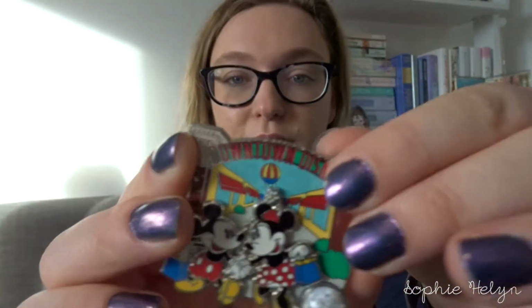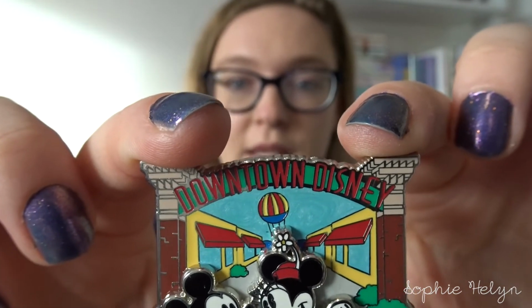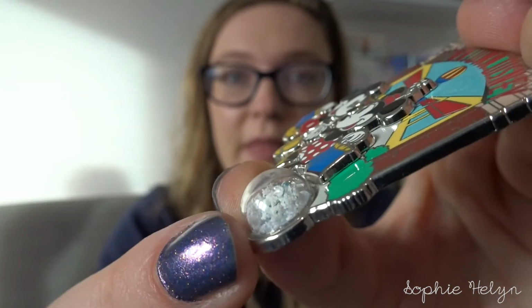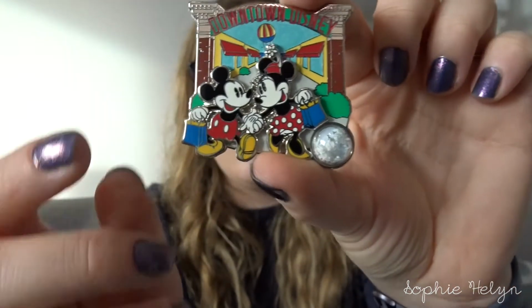This one is of Downtown Disney. This says it contains a piece of the Downtown Disney design. Oh, I'm not even showing you, apologies. So that's what it looks like, and as you can see, it's got the bubble, and that has some of the sign in it. So yes, if you don't know, Downtown Disney is what is now called Disney Springs